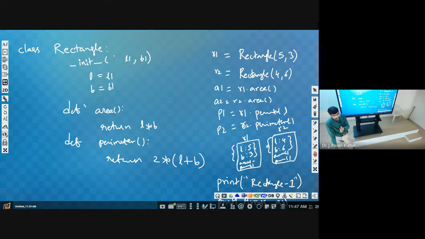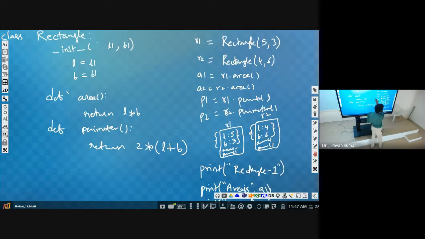Okay. How it will initialize? While creating object, we will provide values like 5, 3. So 5, 3 have to be received. That's why we need to have two parameters for the init. Why? Because two arguments we are passing. Then whatever the parameters we received, those we are assigning to L and B, so that those can be utilized in other functions.